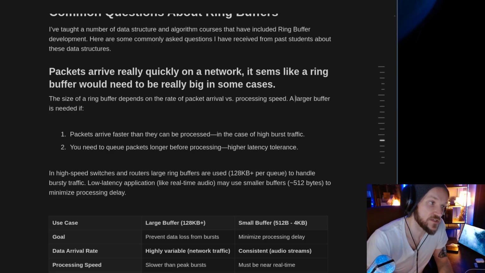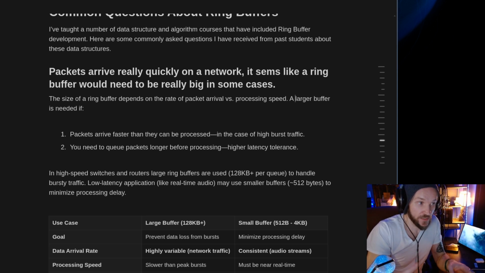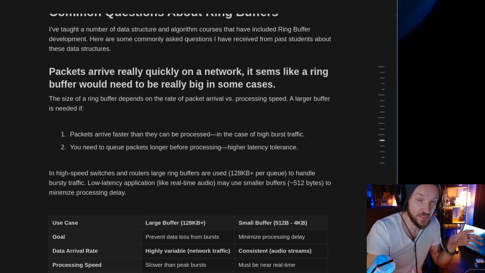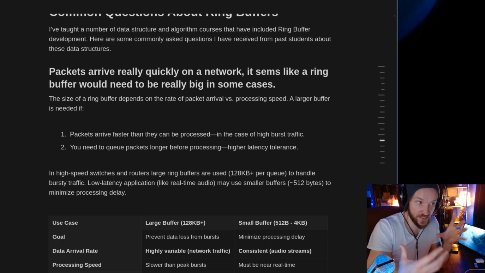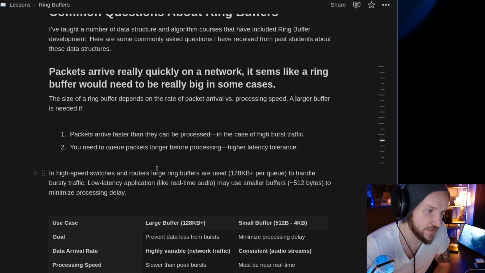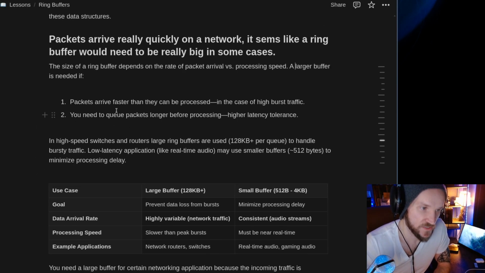So a large buffer is needed if packets arrive faster than they can be processed, like in burst traffic. You've got all these packets stored up, and you want to queue them and process them, right? So you need a big enough buffer to handle that bursty traffic, so that it can store those packets and then has time to process them, right? And obviously you need to queue packets longer before processing them if you have